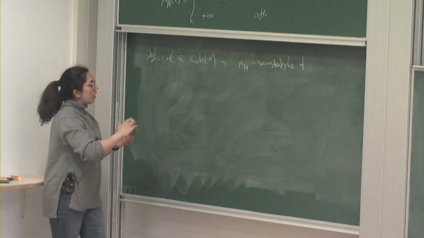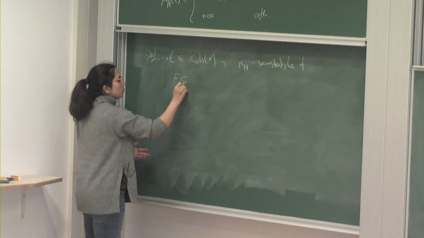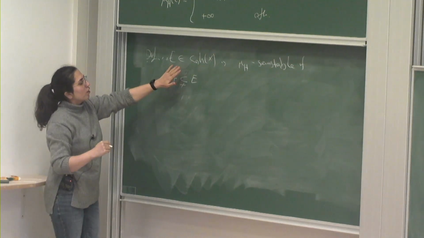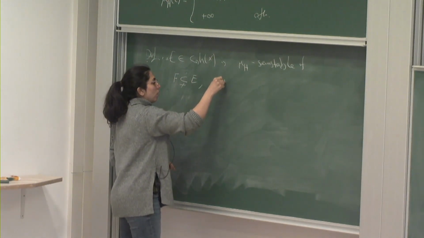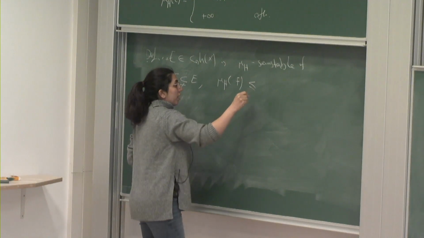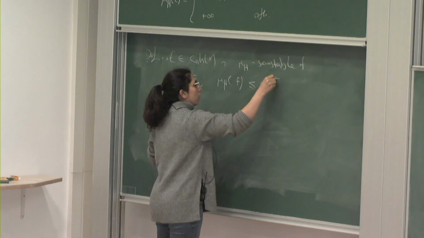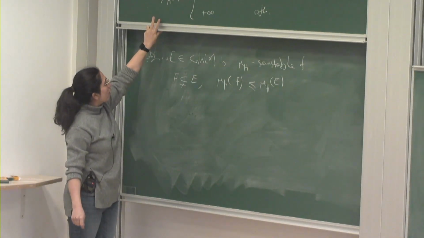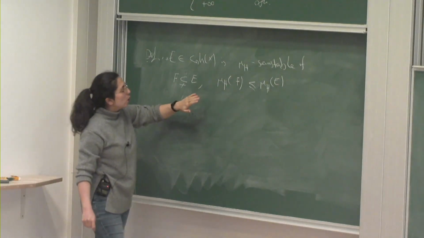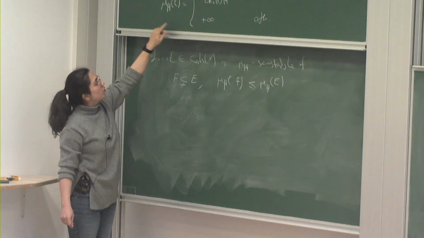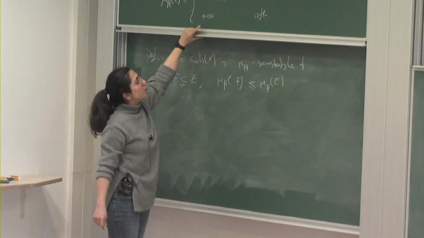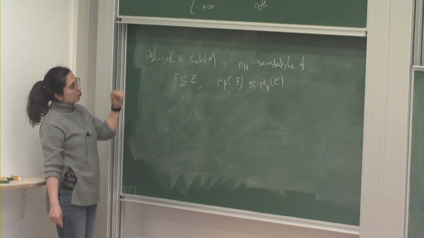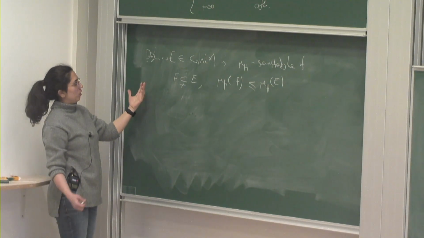If I look at any non-trivial subsheaf F of E in this category, then a slope of F is smaller than or equal to a slope of E. So for instance, any μ-semistable sheaf must be torsion-free, because I put the slope to be equal to infinity as soon as ch_0 is equal to 0. Okay, so this is the classical notion of stability that we have, and then it's easy to see that for